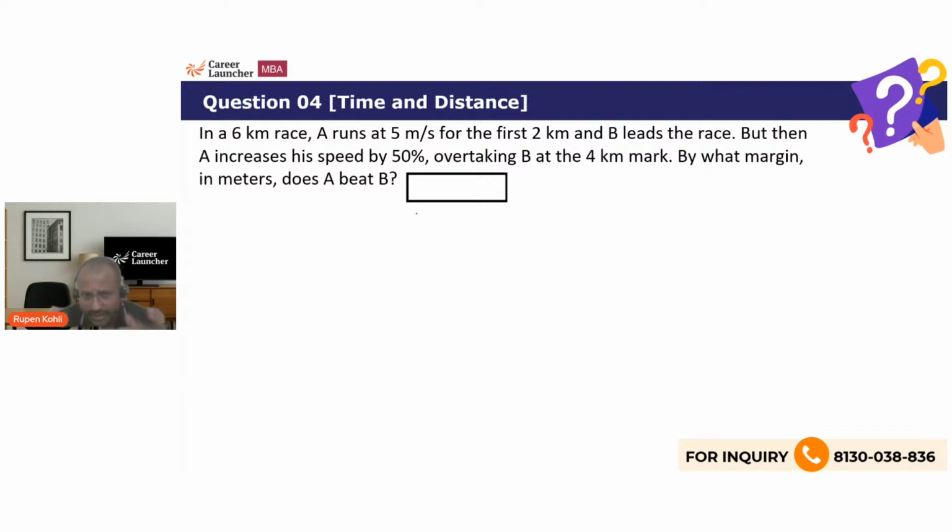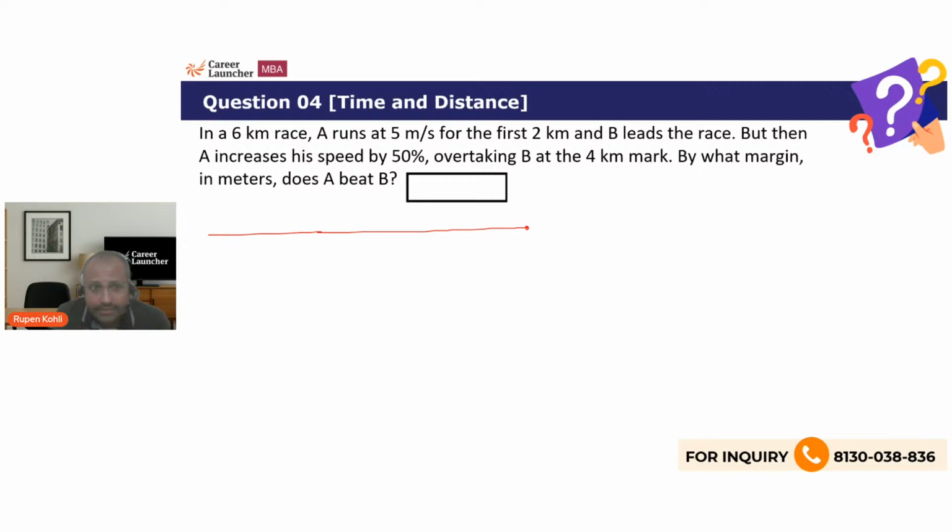Once again, A and B are together at the 4-kilometer mark at the same time. Whatever is the net effective average speed that A has achieved because of the first part 2 kilometers, then the second part 2 kilometers, at 5 meters per second and 7.5 meters per second, that average speed must be the speed of B at which he has been running, isn't it? So this is the decoding of the problem first of all, right? Now we can start, having understood what needs to be done.